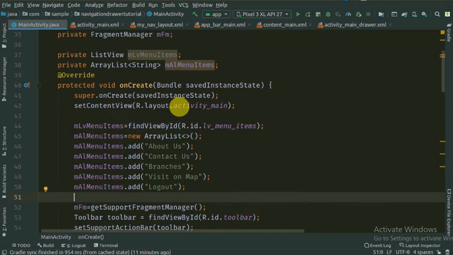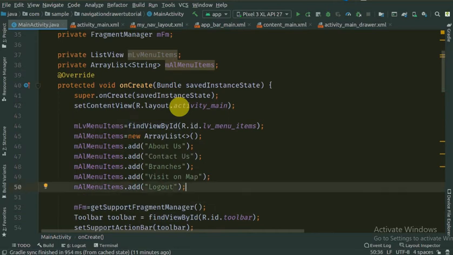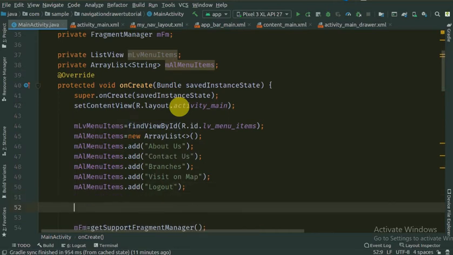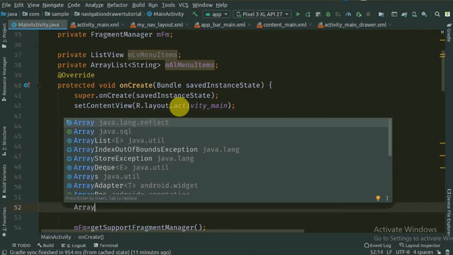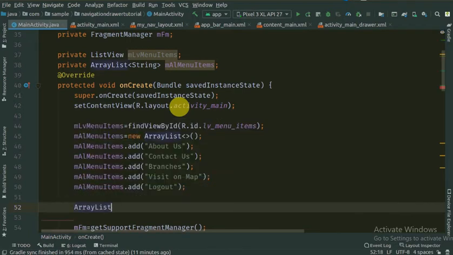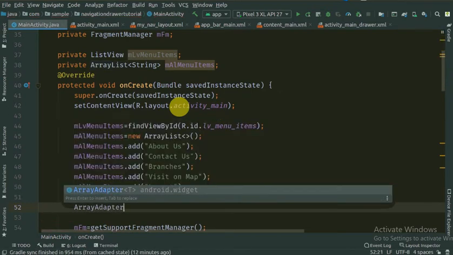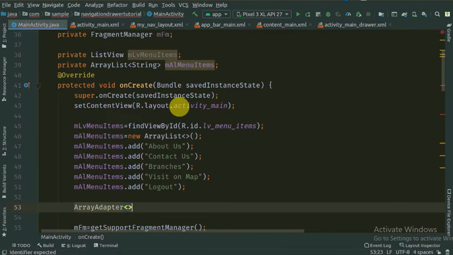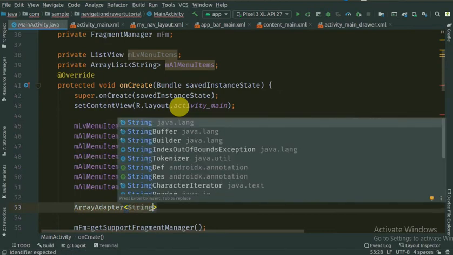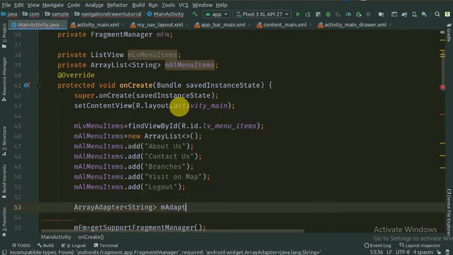Now let's create one array adapter over here to bind data in our list view. So I'm taking an array adapter in this onCreate method. Array adapter of type string is equal to new array adapter.